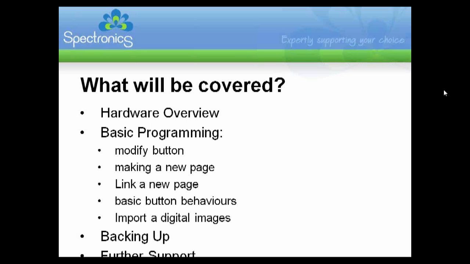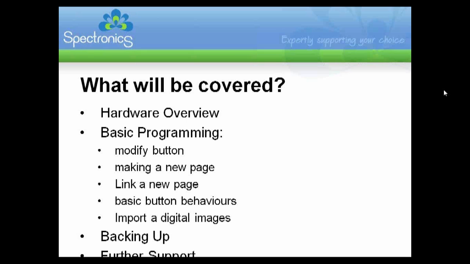And then I'm going to look at some basic programming, so that'll apply to all of those devices that run the Series 5 software. We'll look at just a few things like modifying a button, how to make a new page, and then how we would be able to link that new page to a button that's on a page. We'll look at a few basic button behaviours,